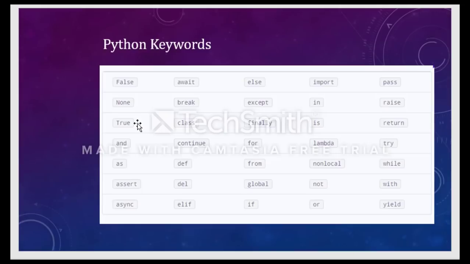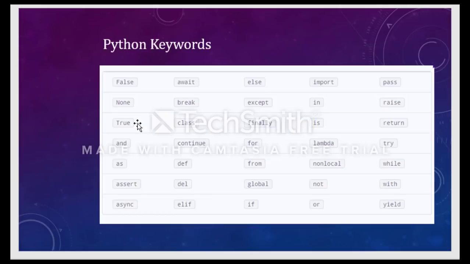Some of the keywords we are already familiar with, like for, for implementing the for loop, else, if, global, try, return. But once we start writing the program, we will be able to understand the usage of these keywords.